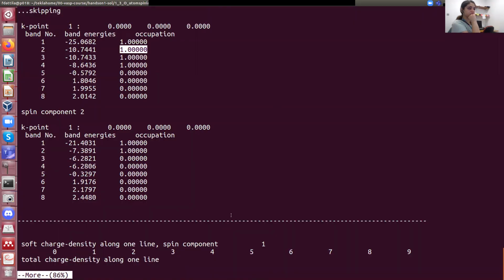Sorry to interrupt, but the 1s orbital is not represented there. Why is it not represented? Because it's always going to be filled, since it's an inner shell. Remember that with VASP we are just properly accounting for the electrons in the valence shell. The pseudopotential that we are giving here just considers the 2 levels, because the 1 level is the inner one. For the inner shell we just say, okay, we have the pseudopotential there and we leave it there. That is why we are not using it, and why you just have the 2 states. But it was a very good question.